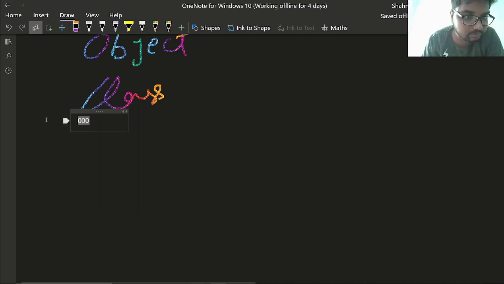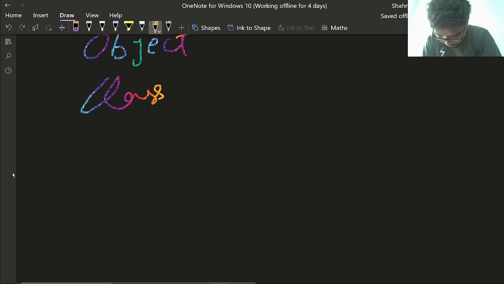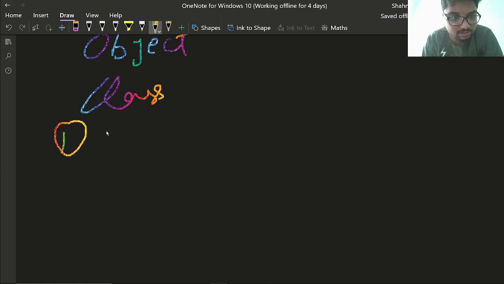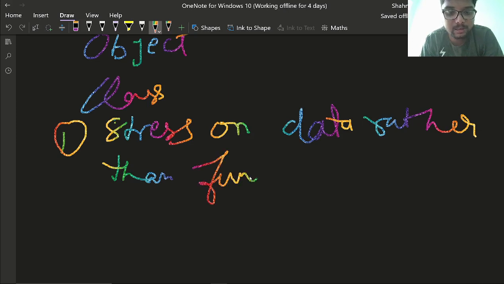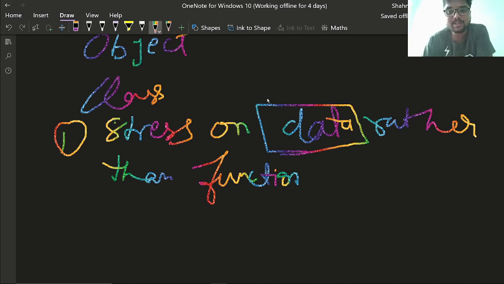Now let us discuss the features of object oriented programming. The first feature is what? It gives stress on data rather than functions. Because when you have to change data, you can use a similar program for different sets of data from different